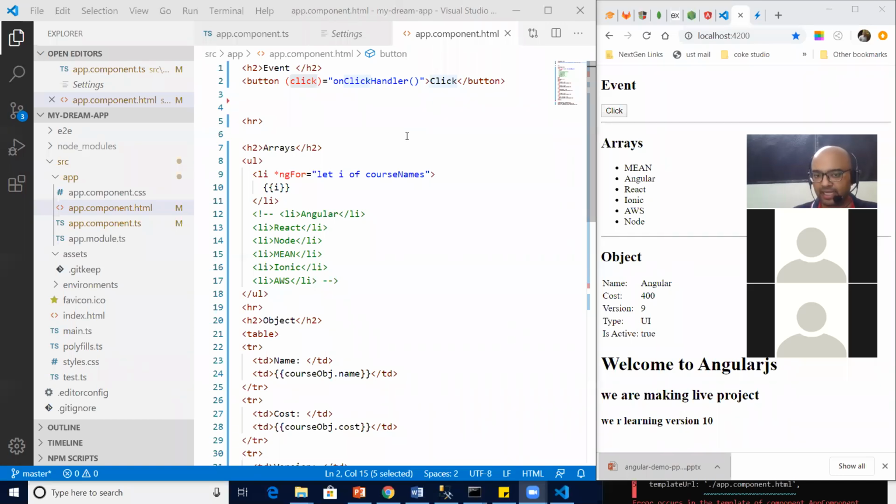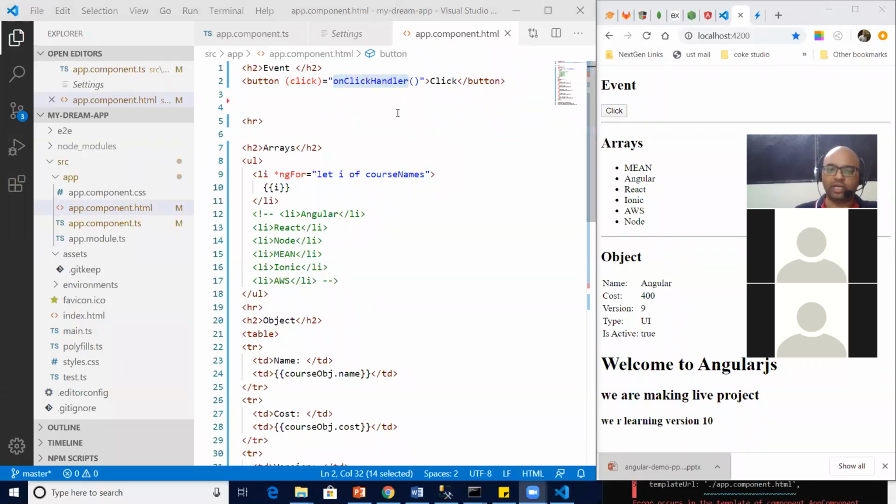Maybe the function name would be call and the event name is click. So here my event-based directive is click, and the function which I'm calling on click is onClickHandler. Is this clear or not? Meher, is it clear to you now or not?